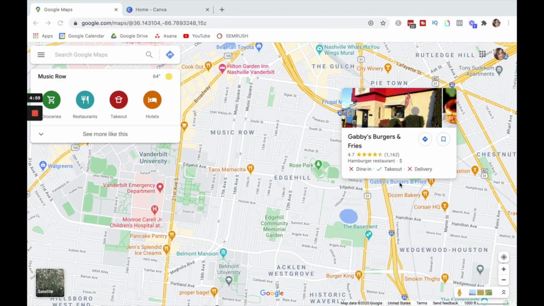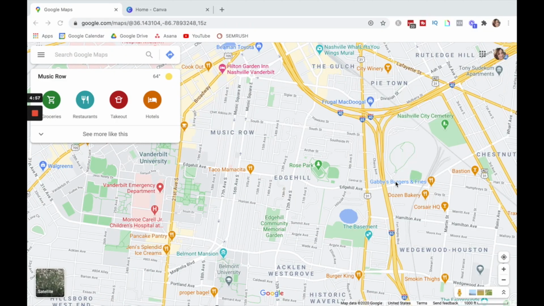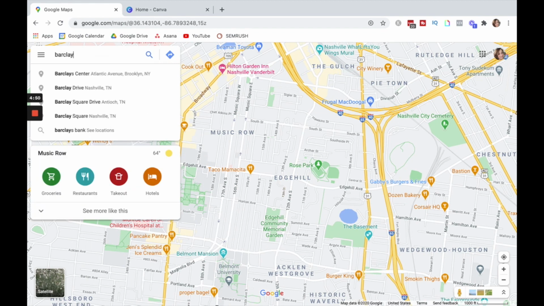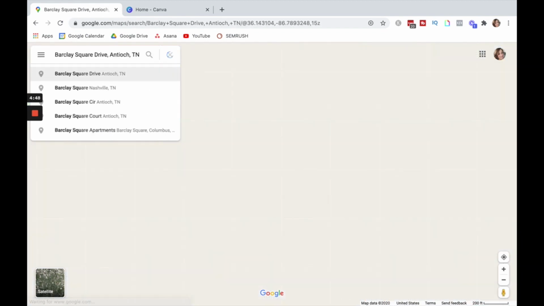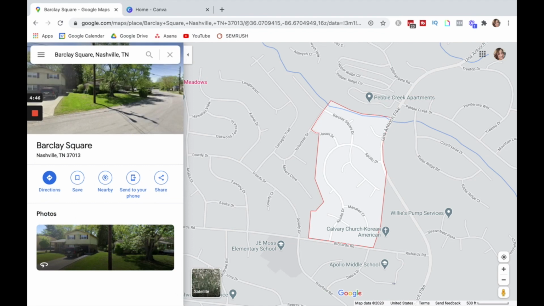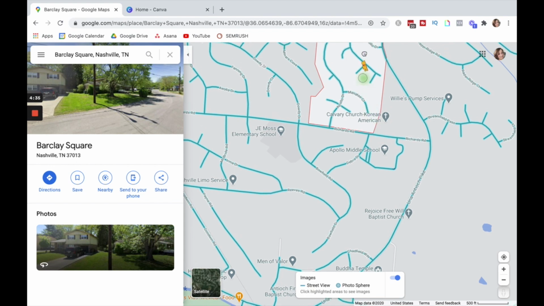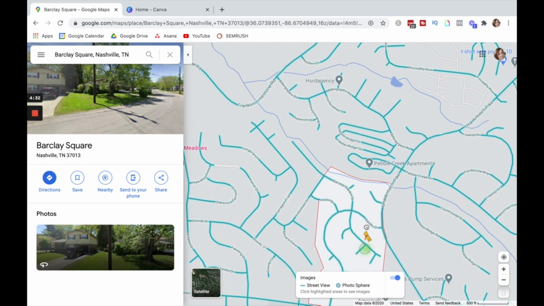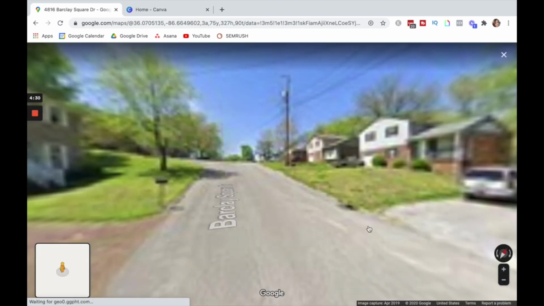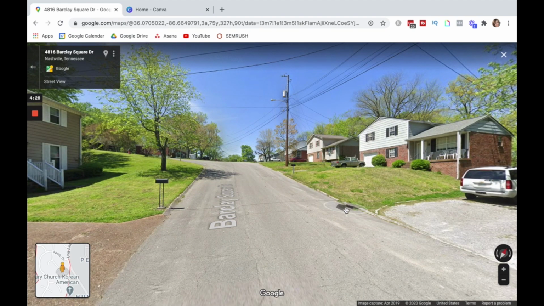So the first thing we're going to do is head into Google Maps to pull up a photo of a house in your market. I'm in Nashville, so that's what we're looking at here. If you know that there is a specific neighborhood that you want to search in, go ahead and type it in. Then go down to the bottom right-hand corner of the screen and grab this little yellow guy. You're just going to drag him and drop him right into the map, and that's going to bring you into this 3D view.